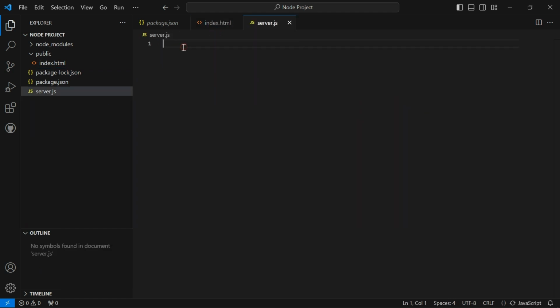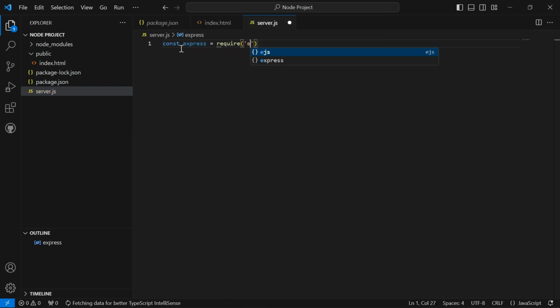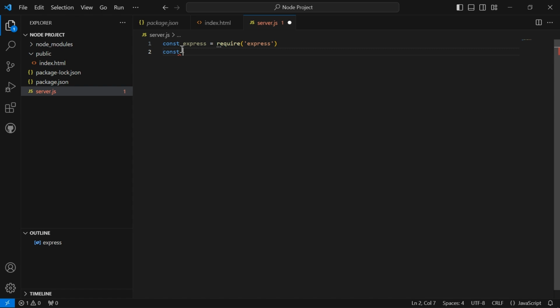Inside this server.js, I'm going to create a variable const express, and I'm going to use require to initialize express. After that, I'm going to create another const variable called app, and inside this const app I'm going to call express as a function directly.